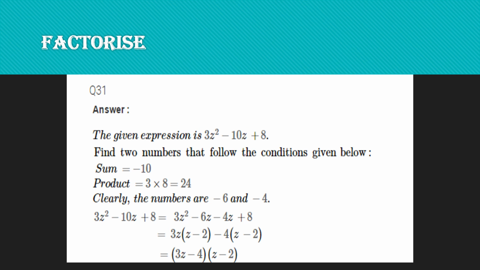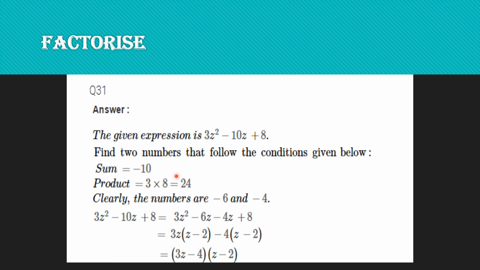The given expression is 3z² − 10z + 8. The product of the two numbers is 3 into 8. 3 into 8 is the product. The sum is −10. Find the two factors of the product 24 such that the sum is −10. If you take 8 threes are 24, but the product has to be plus and the sum has to be